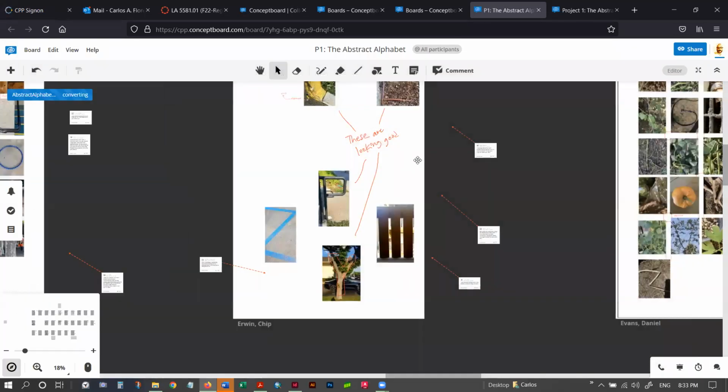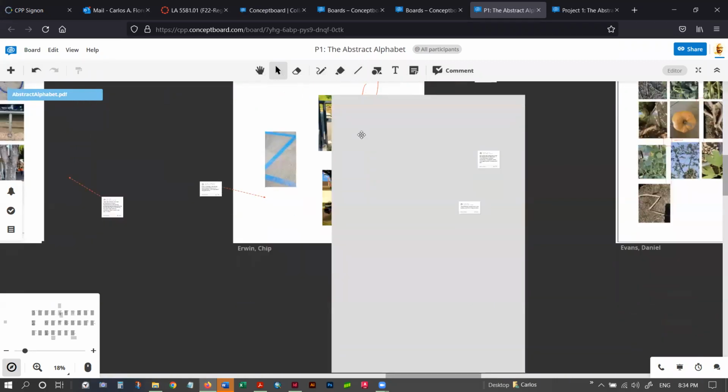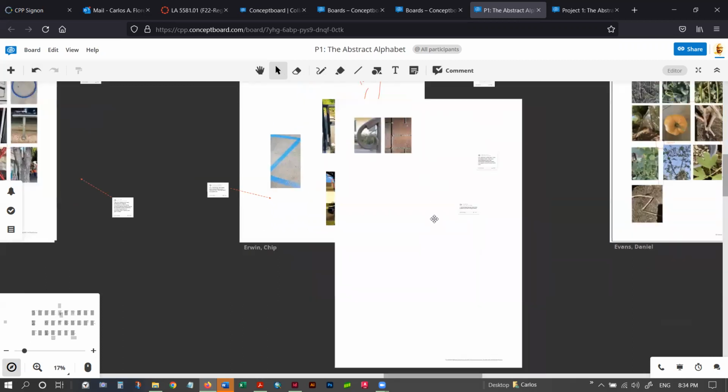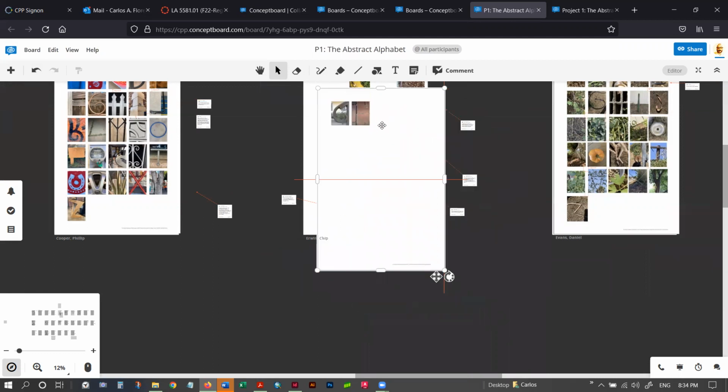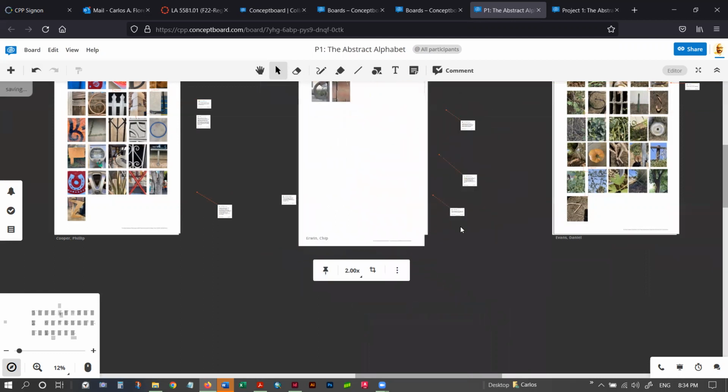Hit OK. And it really helps if you have scrolled and zoomed into your board, because this is going to take a while. You can see this blue box up here. It says 0 of 1. It means it's processing. And when it's finished, you're going to see it show up like this. There it is, the printout. All I need to do now is, using the selection tool, which is located up at the top here, click and position it over your board, over your space,